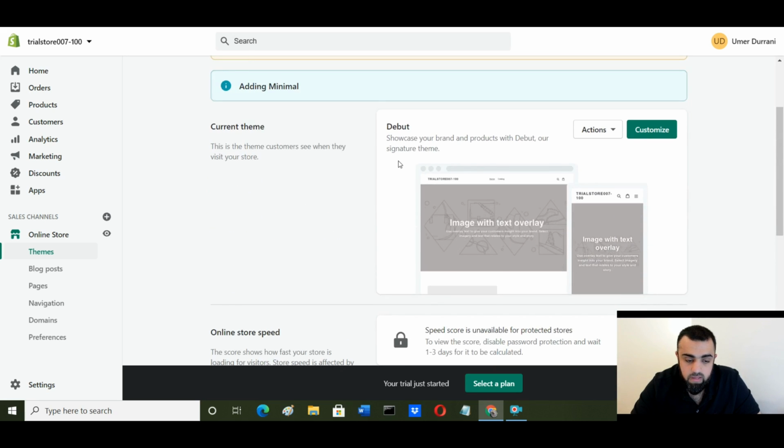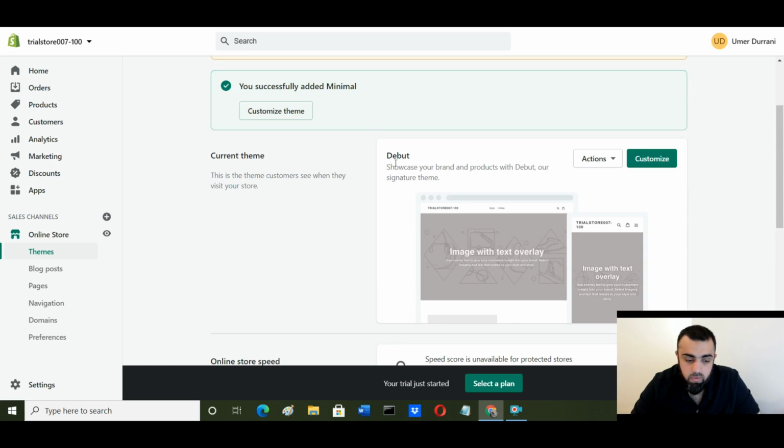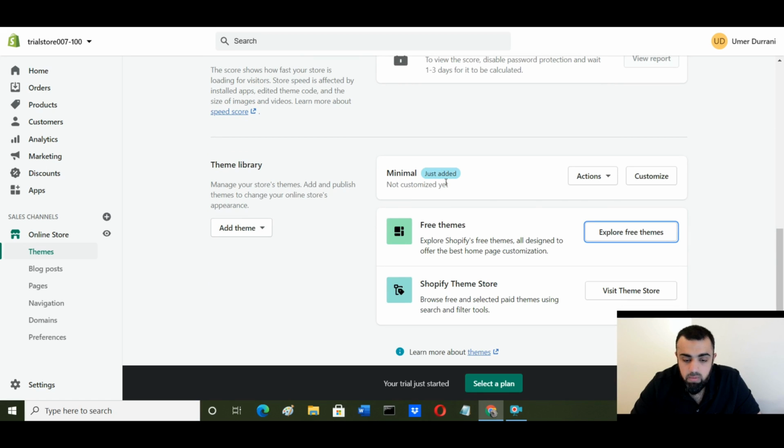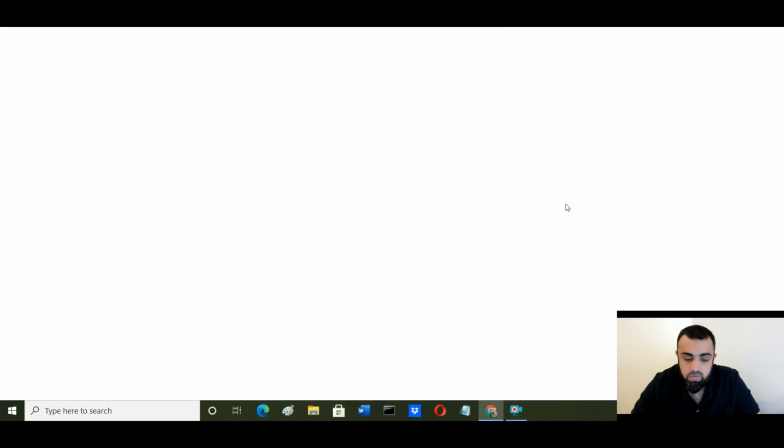The one that they give us by default is the Debut one. Showcase your brand and products with Debut, our signature theme. So this is one of their signature themes. So the Minimal one is added here. So under actions, it says you can preview your theme. So if you just go preview,